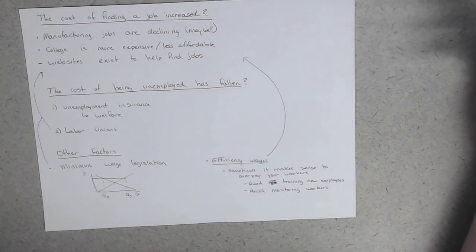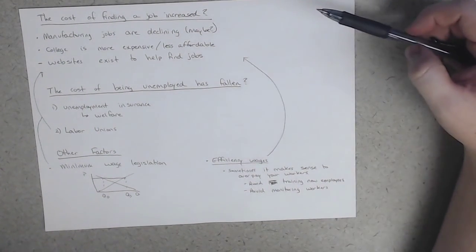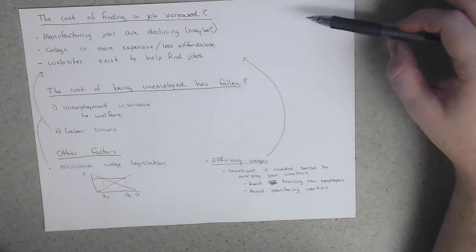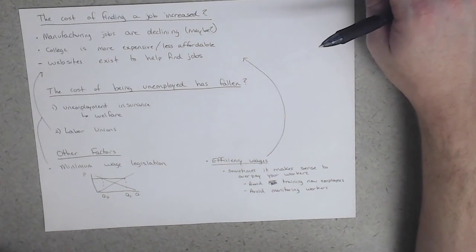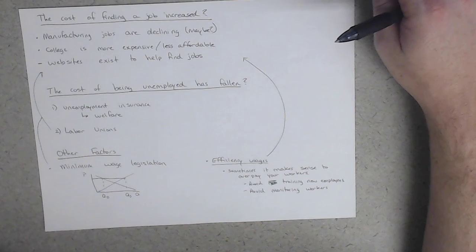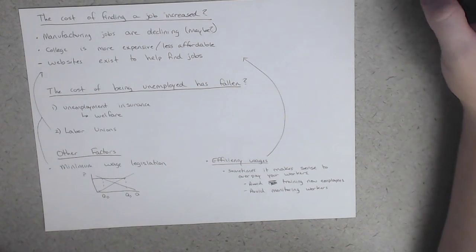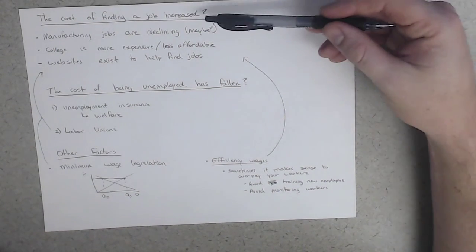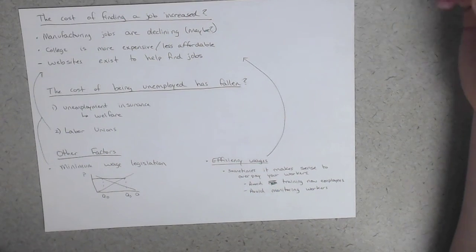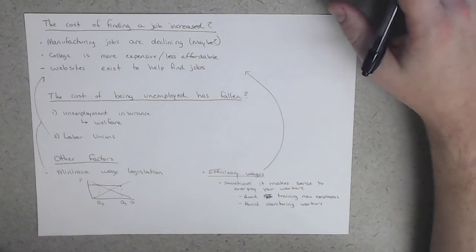So I guess these two factors combined, the cost of finding a job increasing and the cost of being unemployed falling, can be powerful explanations for what's going on in the world. These types of questions, like what is causing unemployment to persist for so long, are hugely important. One thing we want to make sure we don't do is make people's lives worse by instituting new policies that affect one of these two things. We don't want to make people's lives worse. We want to genuinely help them.